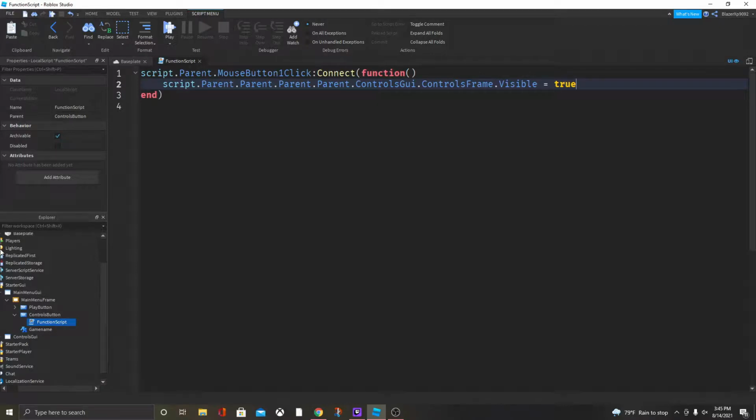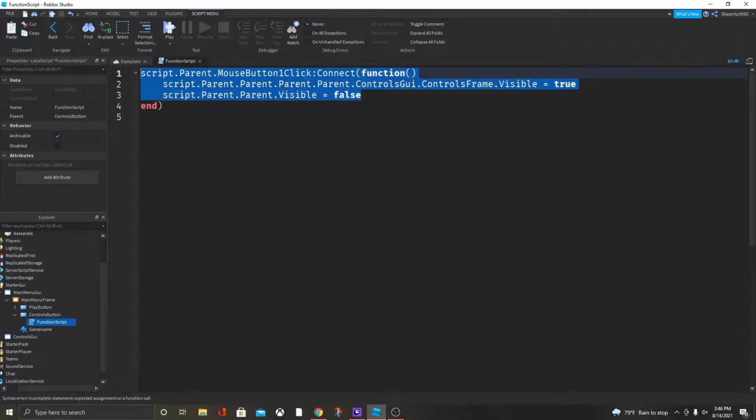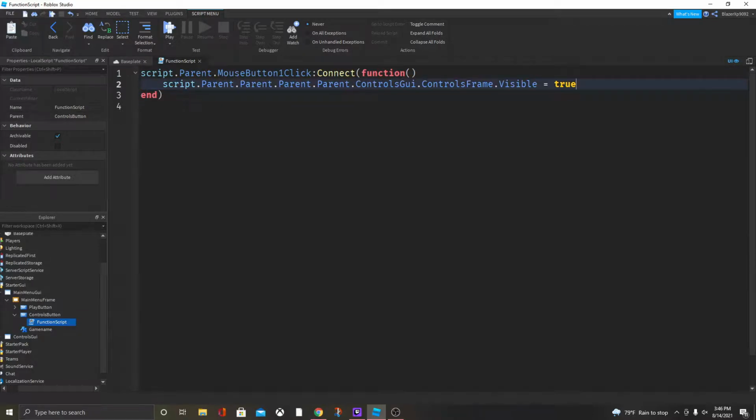I don't want to make the main menu frame invisible, but if you do, then what you will do is script.Parent.Visible = false. That's what you would do. Okay, so let me just delete this. I'm going to show you what you would do if you